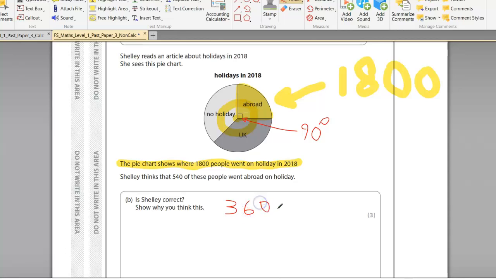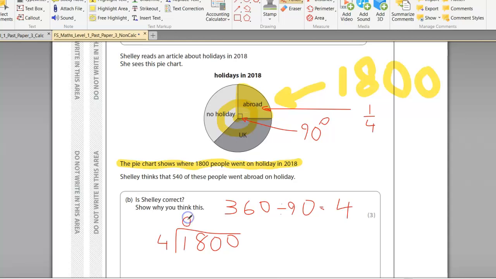So if we said 360 divided by 90, and the answer to that is 4, then what this pie chart is really telling us is that 1/4 of all the people went on holiday abroad. So what we've got to do here to answer this question is work out 1/4 of the 1,800 people. So if we divide it by 4,